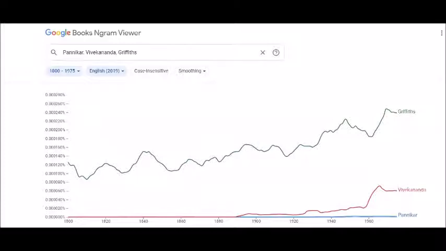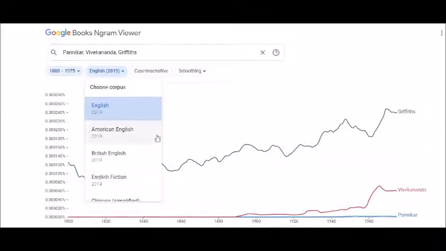Griffiths is one of the writers. Actually, I was trying to analyze through textual analysis the Nasadiya Sukta. I hope you all understand that from the Rig Veda, one of the important hymns is the Nasadiya Sukta, and I had seen that there are 10 exact translations and I wanted to do it. Out of the 10, these are the three most popular ones, that is Raimundo Panikkar, Vivekananda and Griffiths, and so I wanted to find out how the things are coming in.